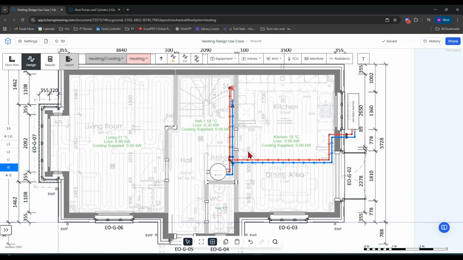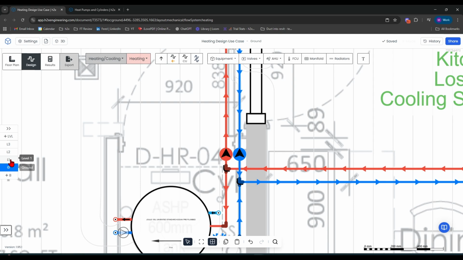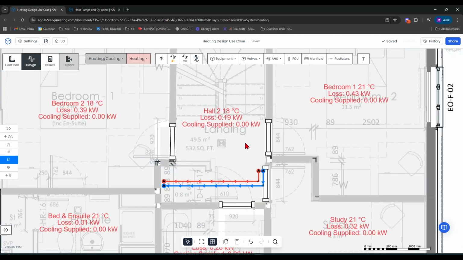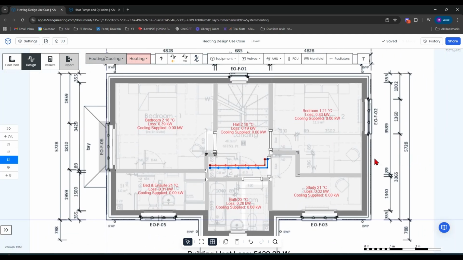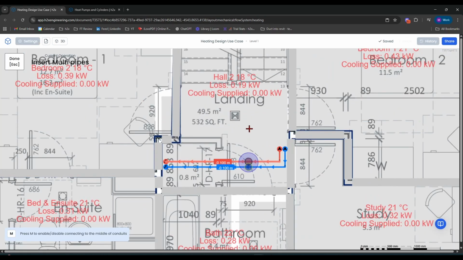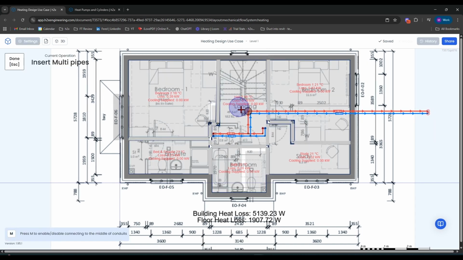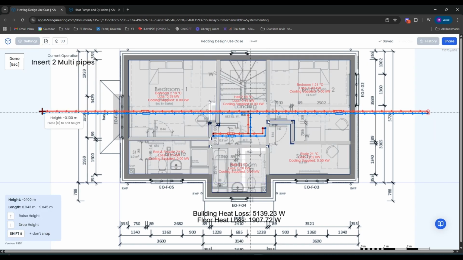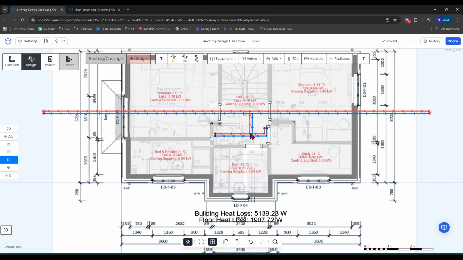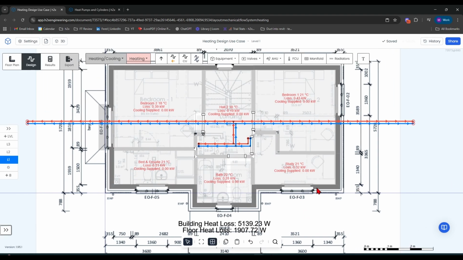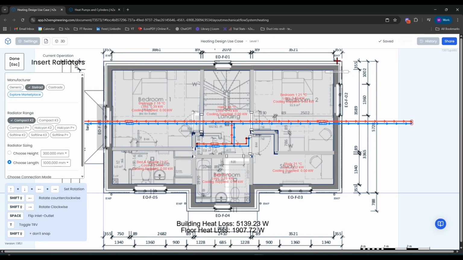Okay, now we have some risers to connect to. If we want to do our radiator layout on this level, we can use multi-pipe and connect to these reticulation pipes and run them to the right and to the left, then hit escape after we've run both of those initial lengths. To set up the radiators, click on the radiator tool there,